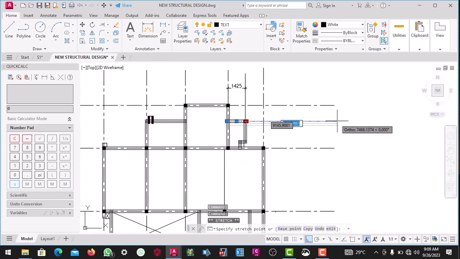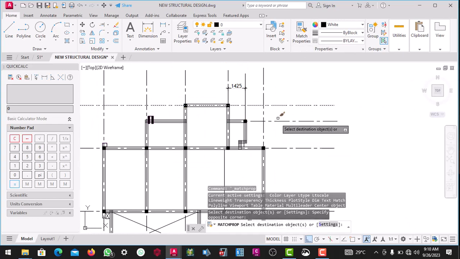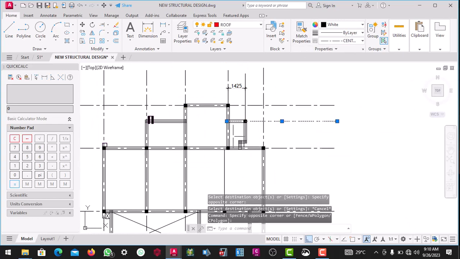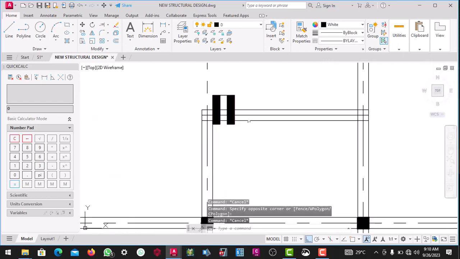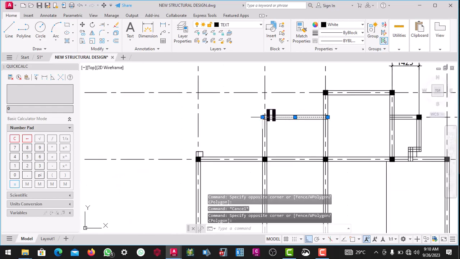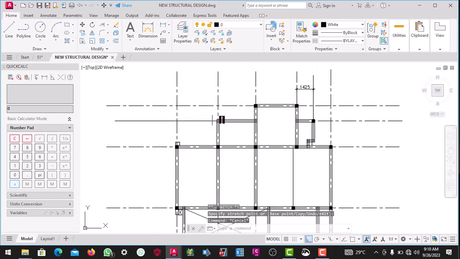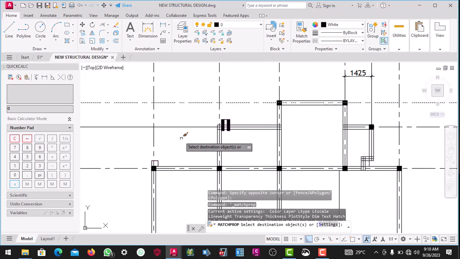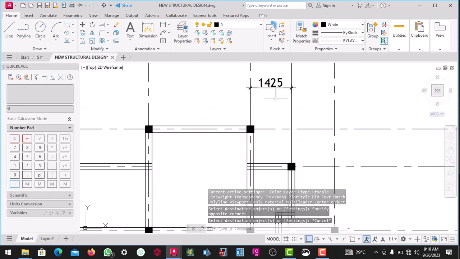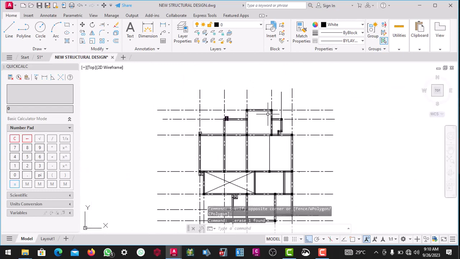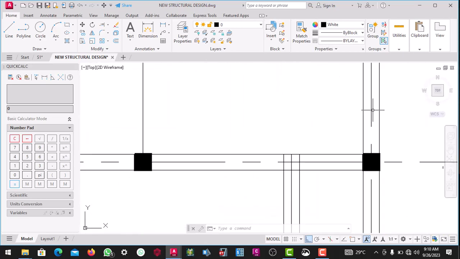So you extend this. When you extend it, you click on this, go to match property. So it will automatically give you the name of the. You check this again. No, so you extend this. You extend this. So then you go to match property and you click on this. Okay, so that is how you can set up your layer that you will use to export your DXF file